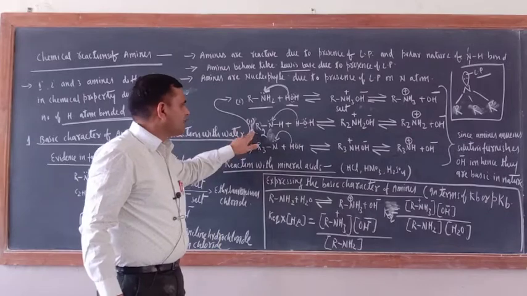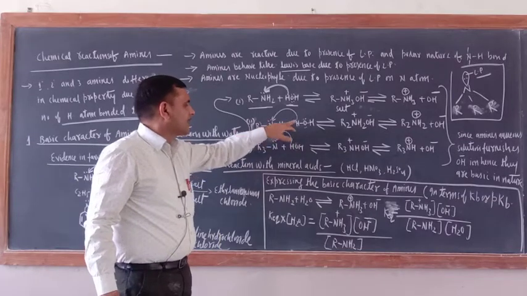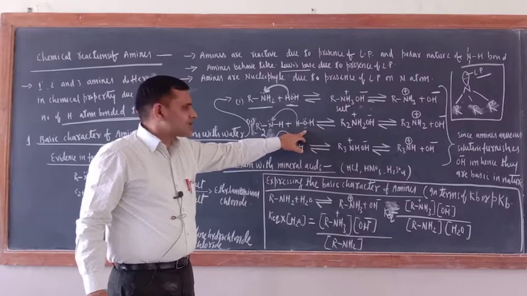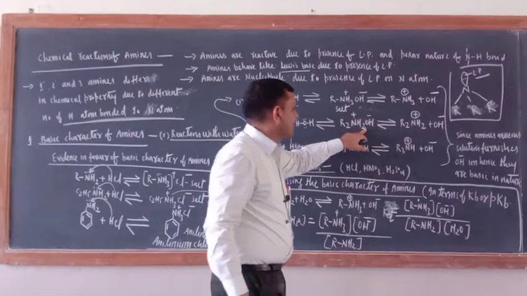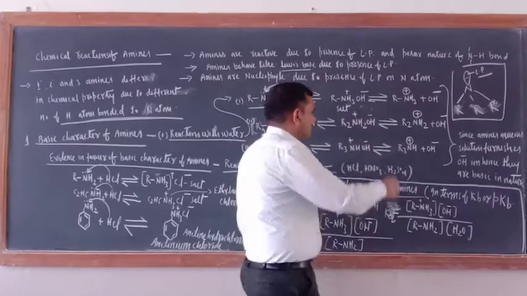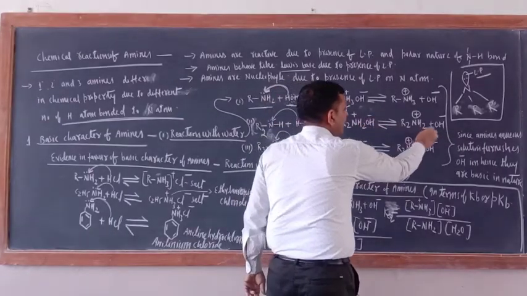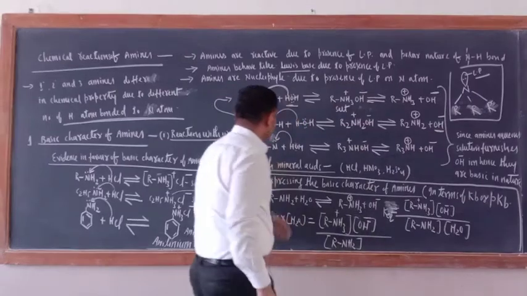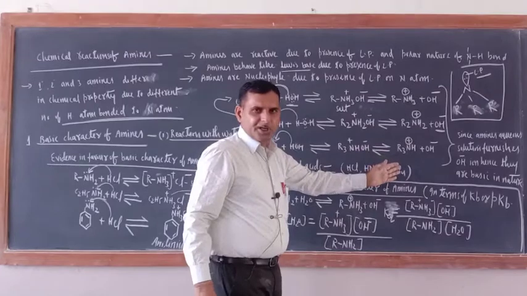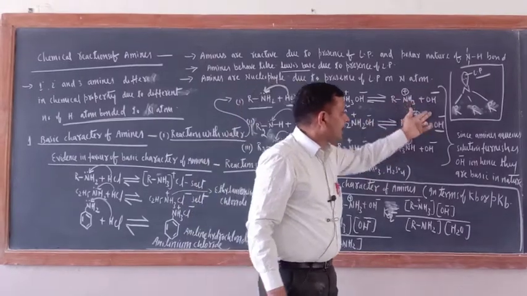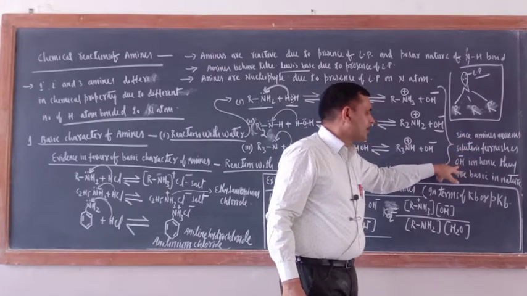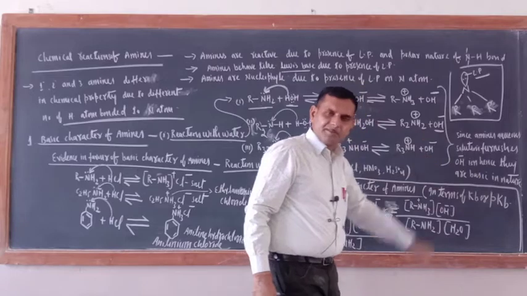Same is the case with 2 degree amines. This is R2NH. It is reacting with water. Here again water is the proton furnisher. So here R2NH2 positive, OH negative would be there. Now after some time it will again furnish the OH negative ion. Same is the case with 3 degree. So in all the cases, 1 degree, 2 degree, 3 degree amines, in their aqueous solution they are furnishing the OH negative ion. So since the amines' aqueous solution furnishes OH negative ion, hence they are basic in nature.